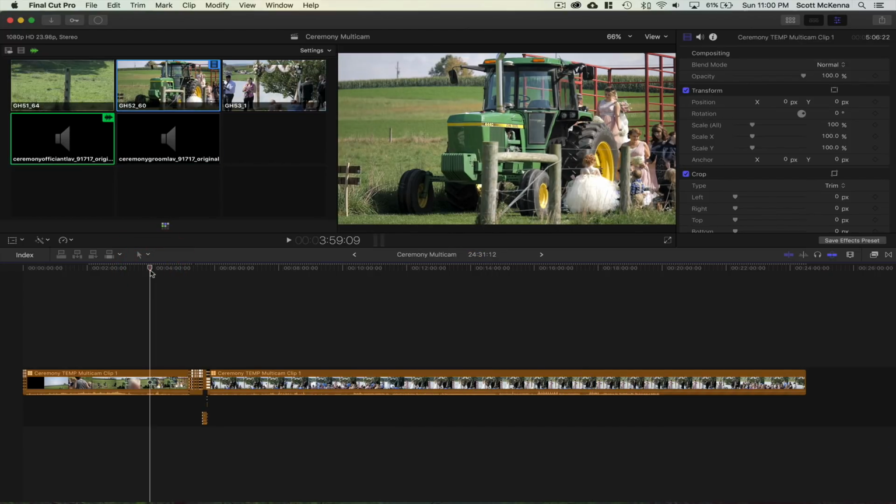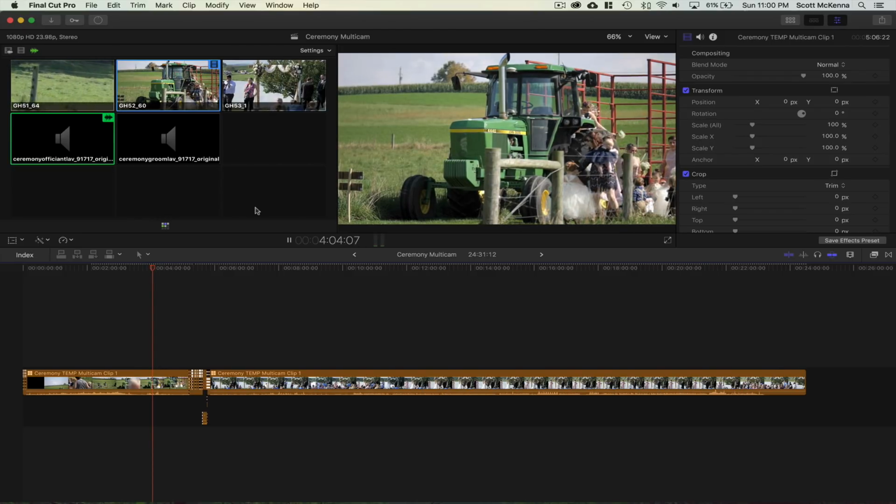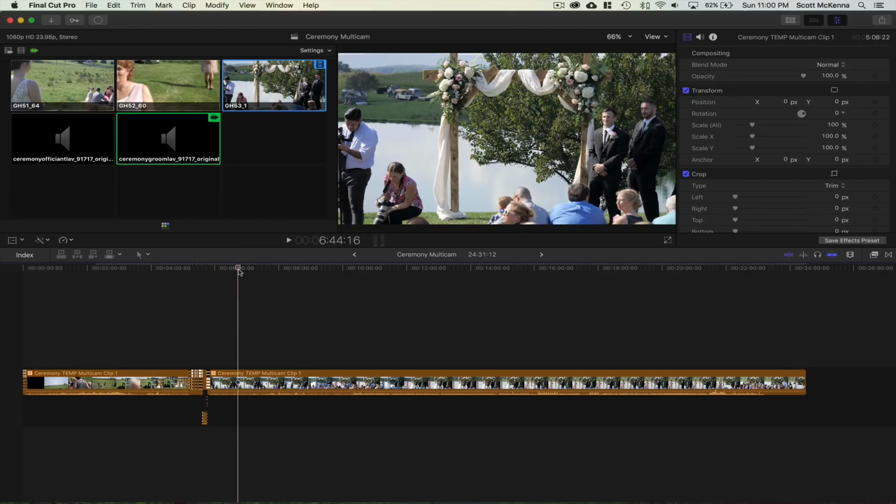Now, one last thing before we end. If you have a computer that is not powerful enough to be able to watch this in real time, if when you hit play, you don't get smooth playback like I'm doing here, and you're getting lots of jittery playback, it's because your computer cannot process those 3 files simultaneously. My computer right now can handle all 3 of these 4K streams simultaneously during a multicam, so I don't have to do any proxies at all.